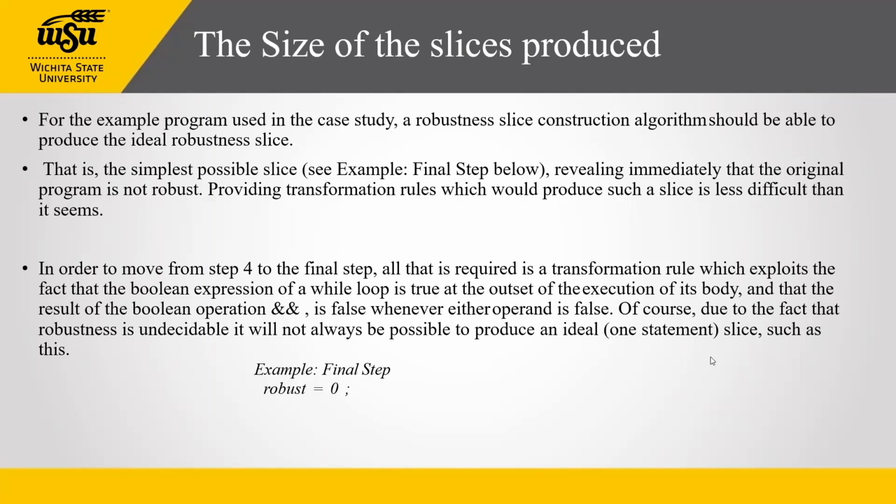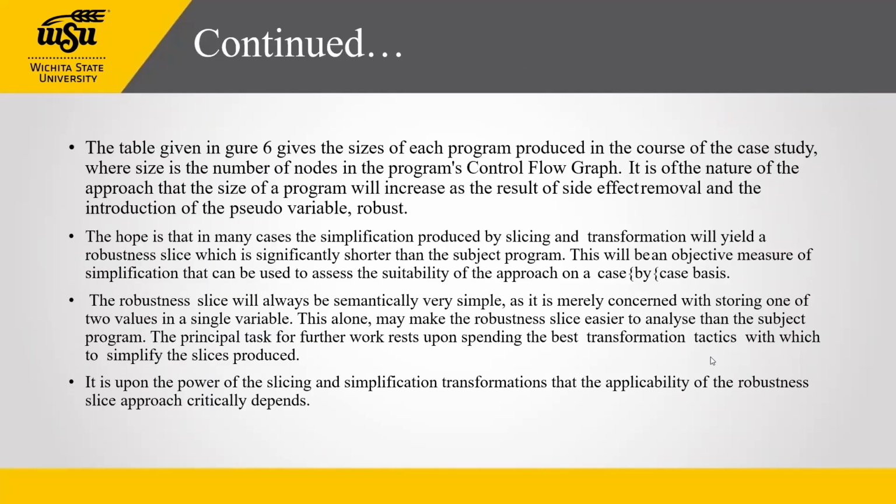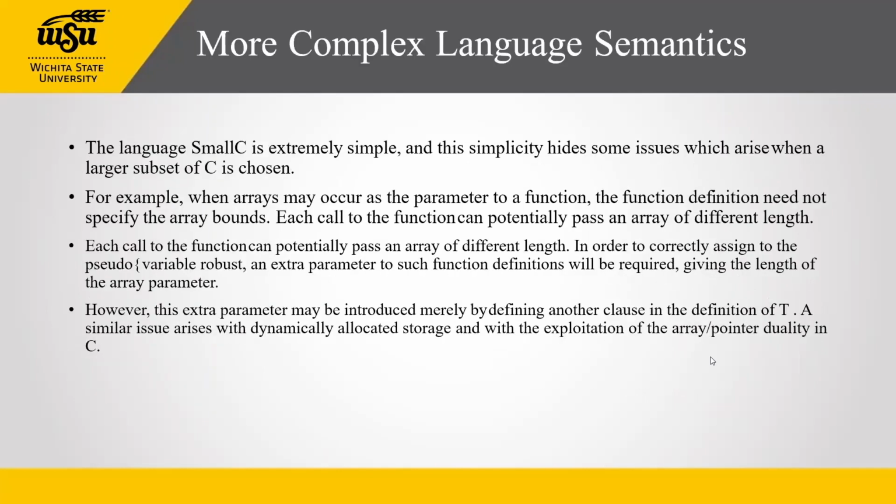Of course, due to the fact that robustness is undecidable, because the robustness will change based on the variables, it will not always be possible to produce an ideal slice. Such as this example, we take the final step where the robust is equal to 0. And we use some more complex language semantics